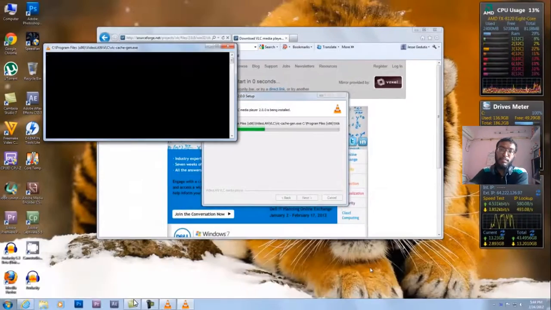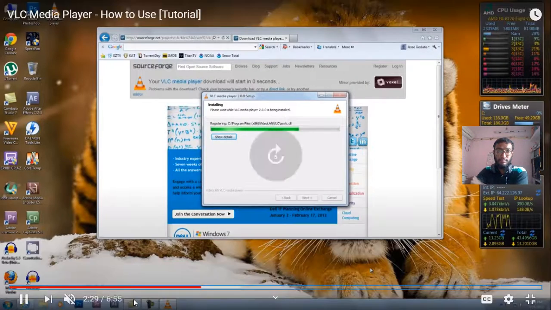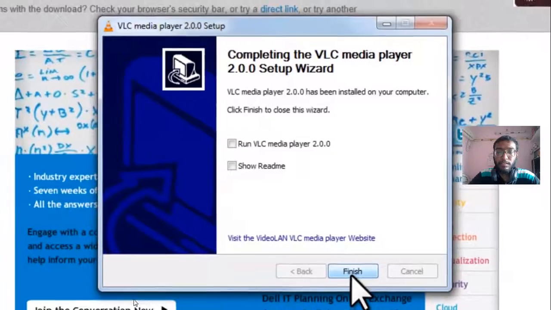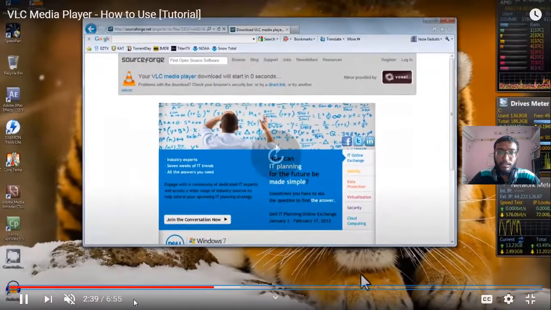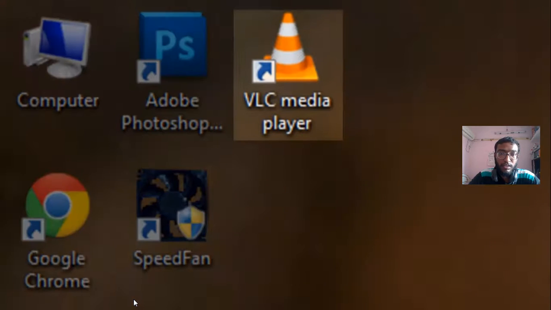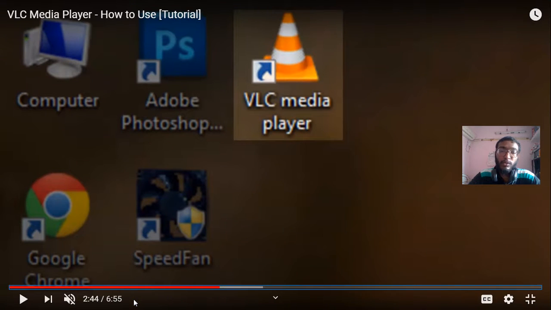Now the installation process is going on. Now it has been completed, finish. Now the next thing is this symbol. As I told you, VLC will have the cone symbol. This is that symbol.